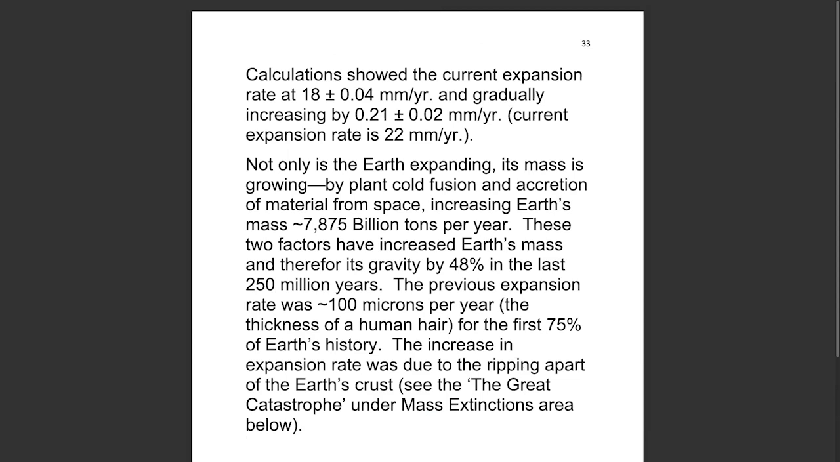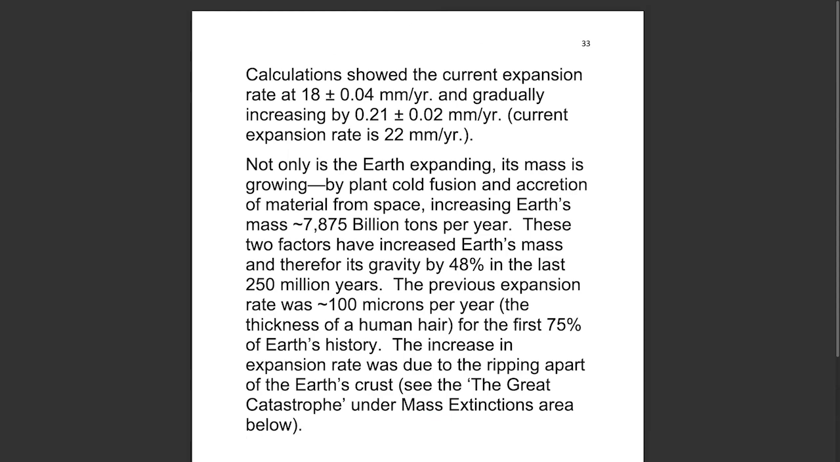Calculations from that study showed that the current expansion rate is 18 millimeters plus or minus 0.04 per year, and it's gradually increasing at 0.21 plus or minus 0.02 millimeters per year. The current rate of expansion is 22 millimeters per year. Not only is the Earth expanding,